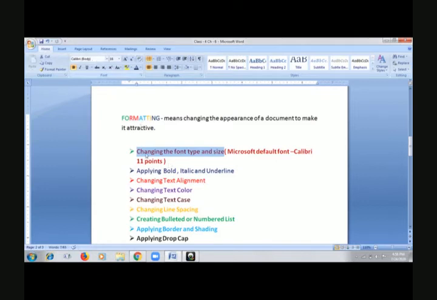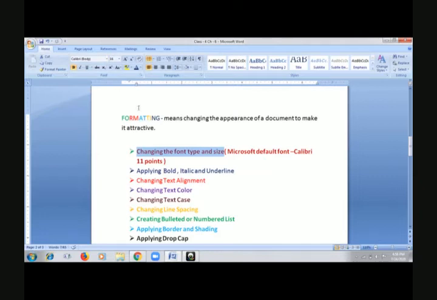In the document which I have taken, the font is Calibri and the font size is 16. But in case I have not set any formatting, then by default the font face will be Calibri and the size will be 11.